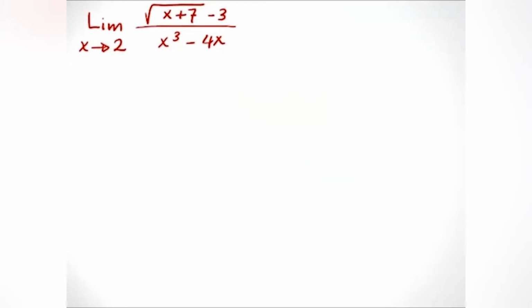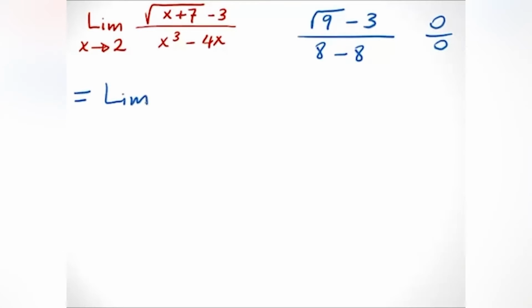When x goes to 2, the numerator goes to square root of 9 minus 3, divided by 2 cubed, that's 8, minus 4 times 2, which is minus 8. It is of the form 0 over 0. To simplify this limit, I'll multiply by the conjugate of the numerator. So this is the limit as x goes to 2 of square root of x plus 7 minus 3, divided by